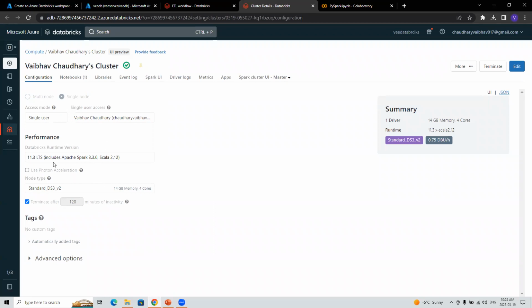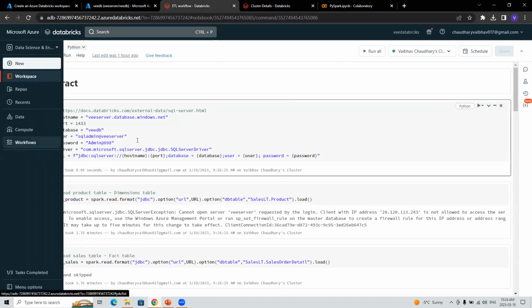I'm using this latest version of Scala here for the Apache Spark in Scala. The runtime version is the latest. And you can see here the node type here. Node type, what is that? It's basically giving me 14 gigabytes of RAM and 4 cores. Cores is something like if I'm doing some work, the work is divided. Someone was asking before, like how the work is divided. It depends on the number of cores. And this obviously here is the terminate activity after some minutes. So that is there. Now, coming back to the extraction.